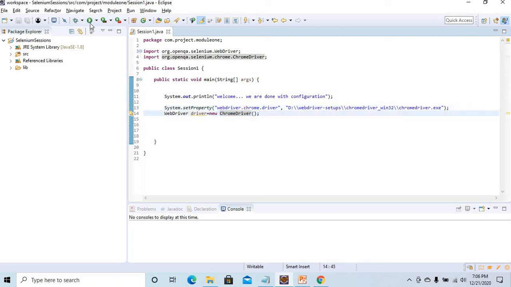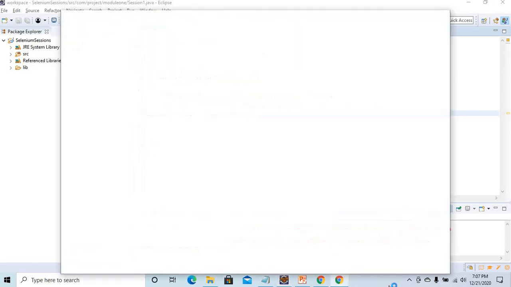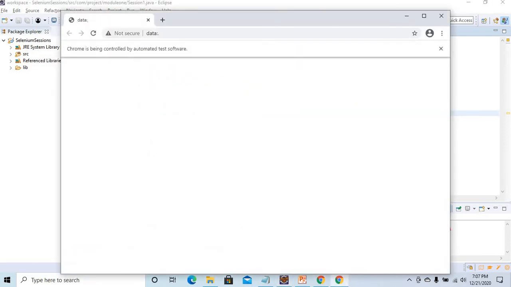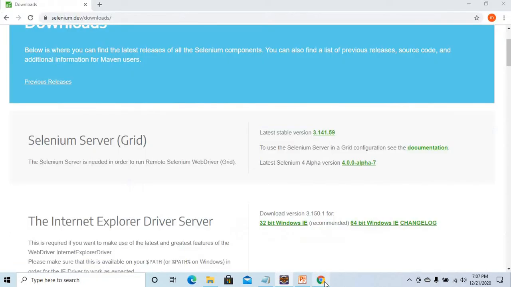Let's see. See, the browser is open perfectly. So we are done with the setup of WebDriver or Selenium. Now onwards I will use WebDriver because this is the actual tool we are using. So don't worry and don't get confused. I'm also going to show you how to go to a URL, but don't worry about it. I will explain all this in a coming video.